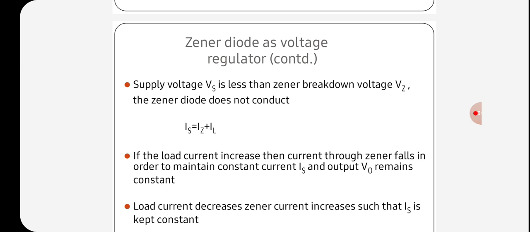So, load regulation. In this type of regulation, input voltage is fixed and the load resistance is varying. Output voltage remains the same as long as load resistance is maintained above a minimum value. Percentage of load regulation is V NL minus V FL by V NL into 100, where V NL is the no load voltage, that is, remove the load resistance and measure the voltage across the Zener diode, and V FL is the full